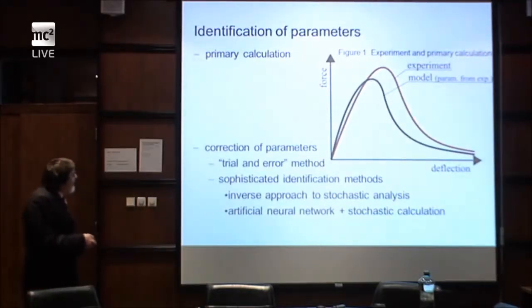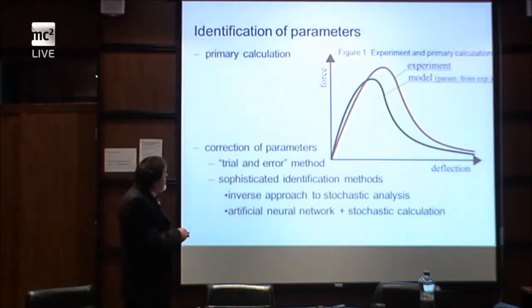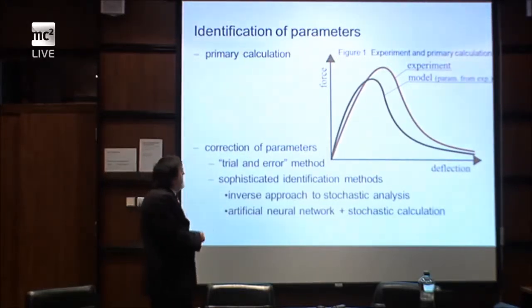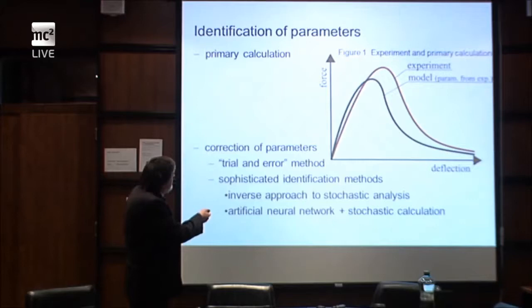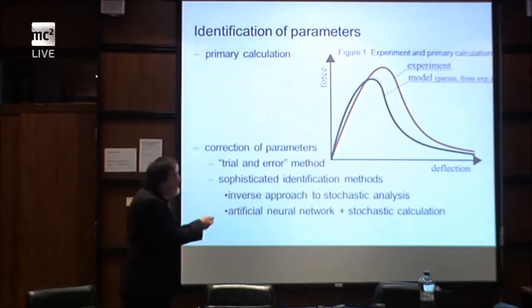For example, like in this picture, let's suppose that this is some experimental result of load deflection, for example, 3-point bending, right? And from the experiment we get the red curve. Our model, even if we get parameters from a relatively good experiment, is, for example, this black one, and it doesn't correspond. Purposely I amplified this big difference, right?